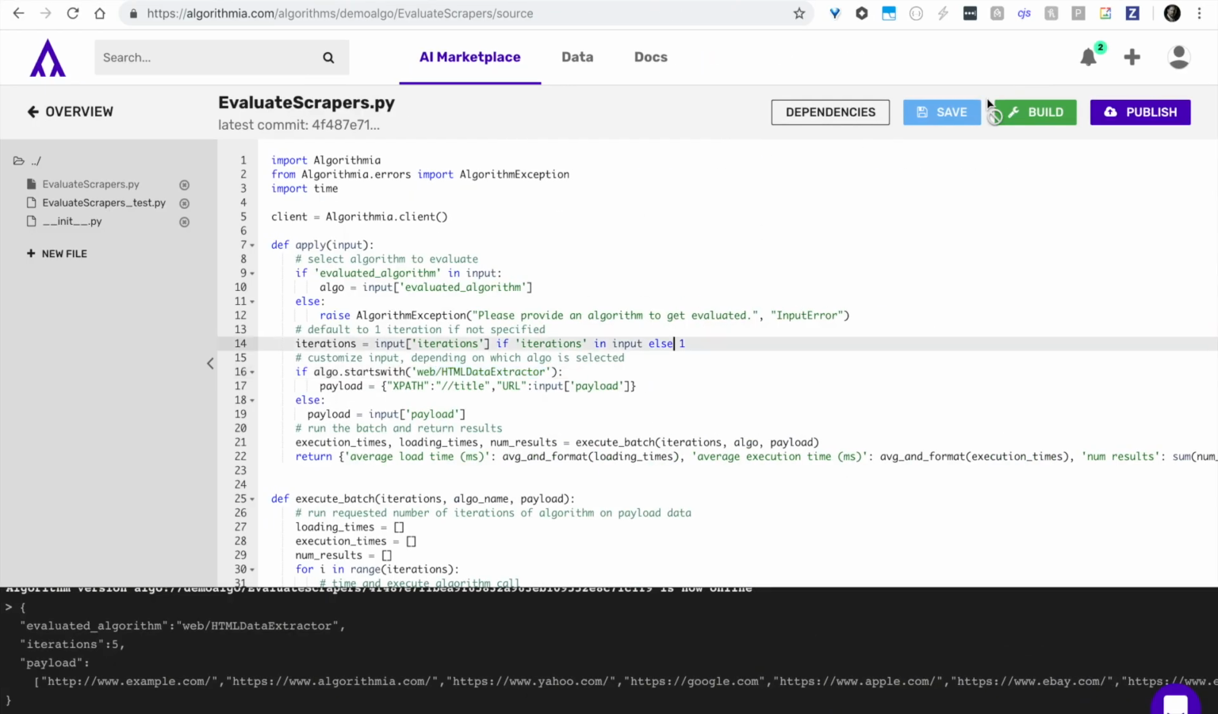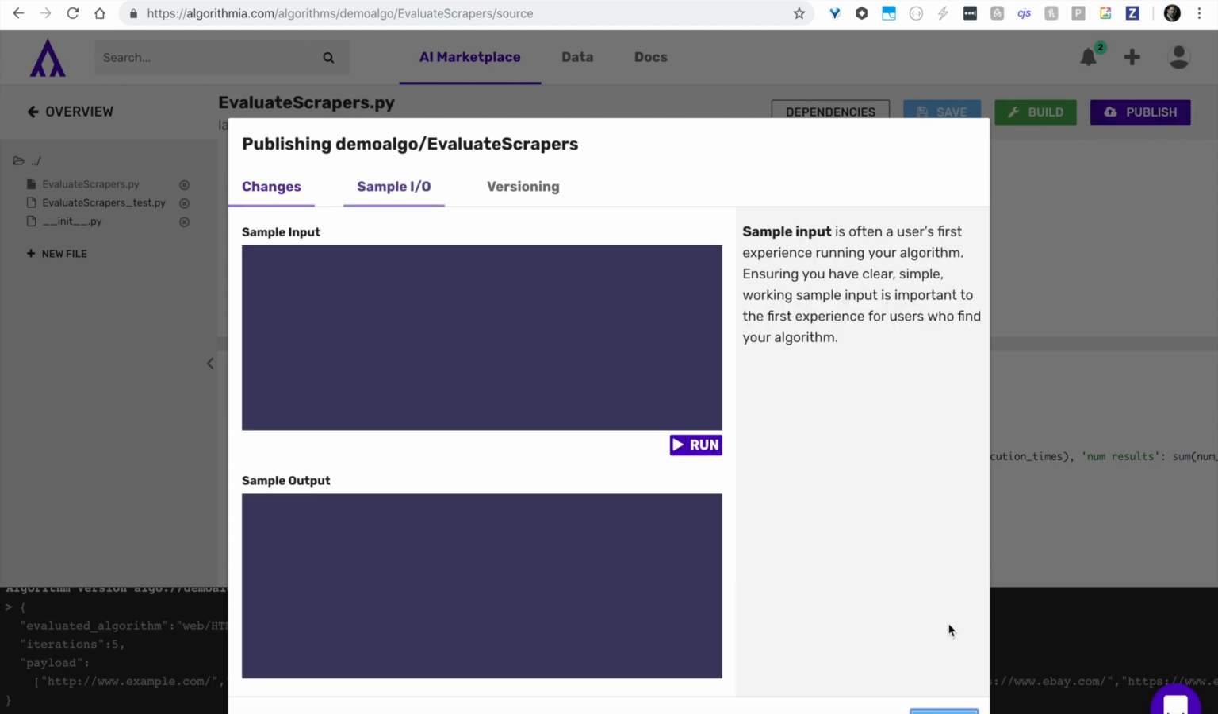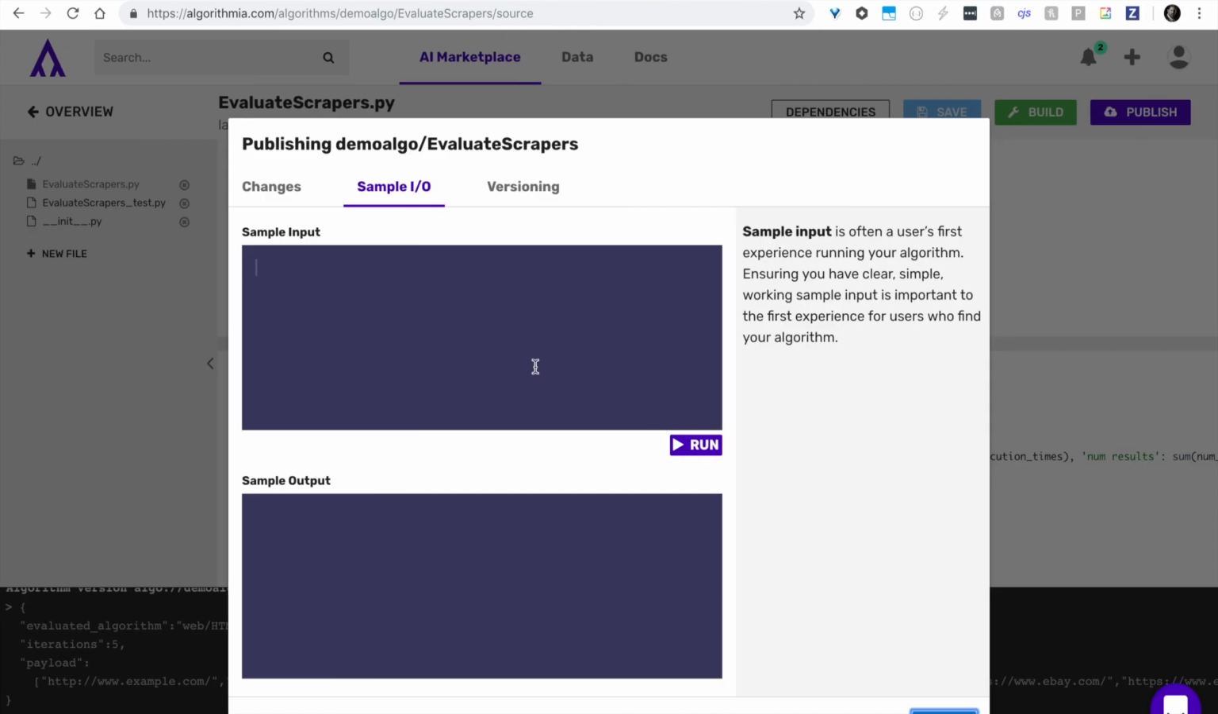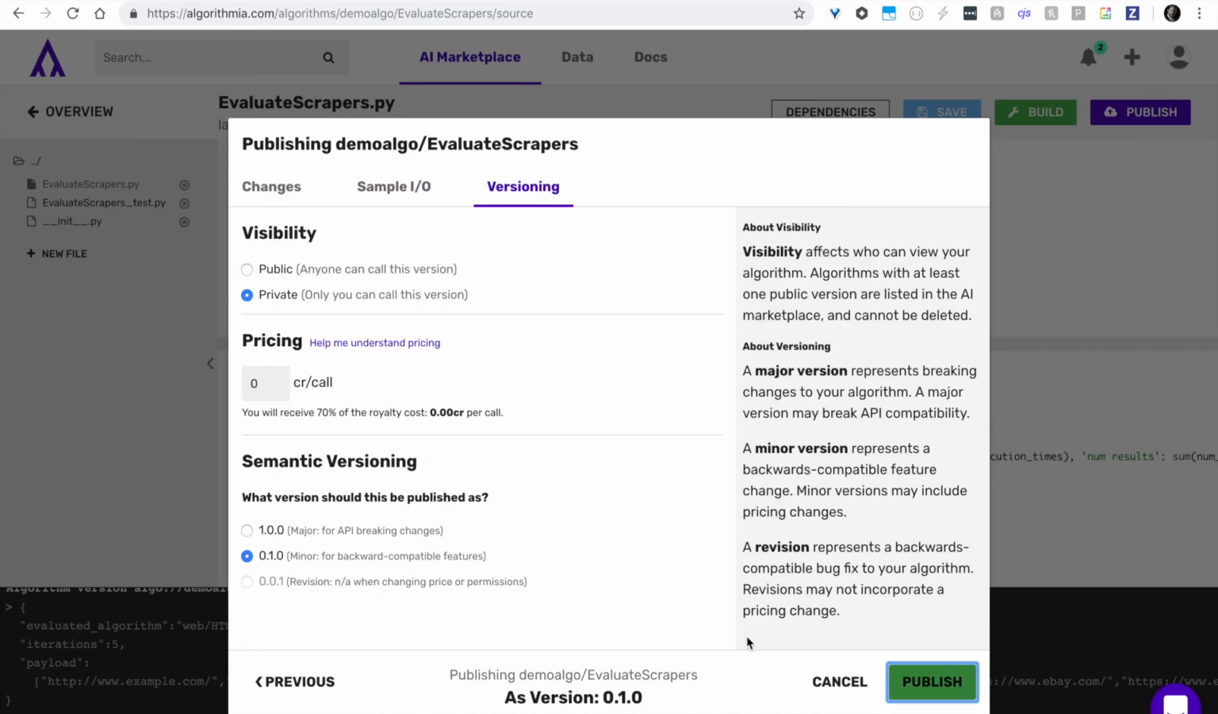Now that I've got that ready to go, I can hit publish, step through the publishing wizard as per usual. If I want, I could pass in some sample input here just so other people could see it. For now, I'm going to skip that. Publish this either publicly or privately. If you are running a public evaluation, it would be very useful to have the evaluator algorithm you're running actually be public so that people can go and they can look at it. And then once I've done that and published it out,